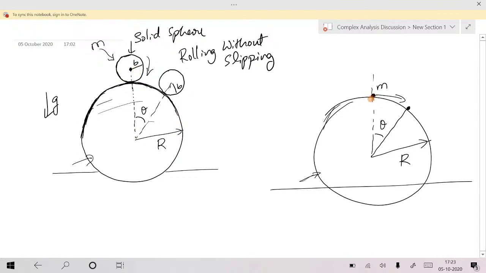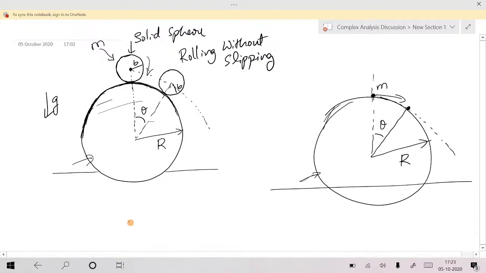If it is a particle, again, it should slide without friction. At what angle will this particle leave the surface of this one? Because if I see the track, your center of mass may move like this. So it will not be attached to that surface always; it is going to leave the surface. Again, you can see this kind of question in TIFR or similar exams. So that's why I wish to explain this one.